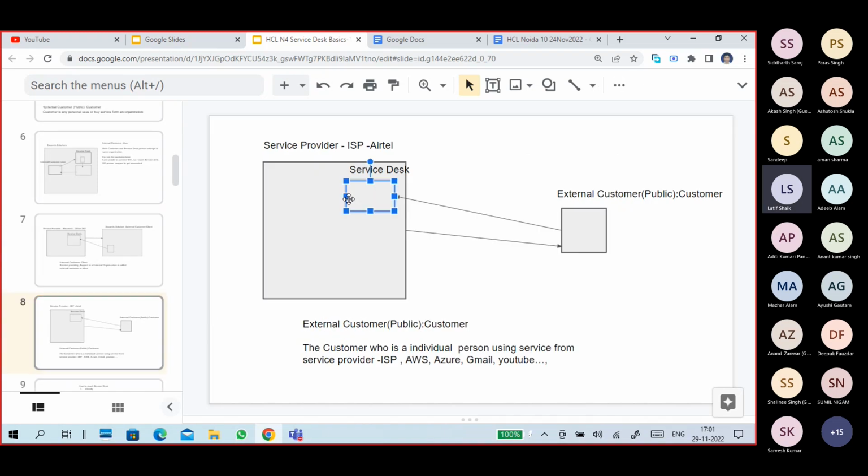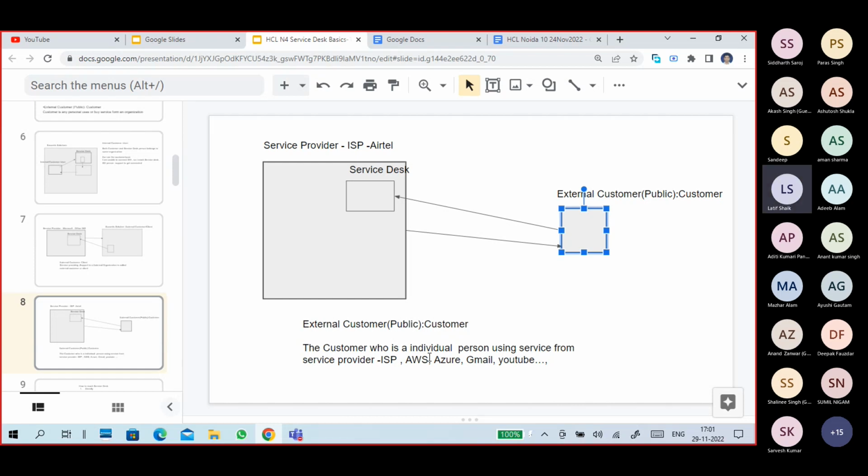Next one is a service provider and external customers. External customer means any person. I showed one internet service provider, right? If I'm an individual person using an internet service, of course I'm an external customer, a public customer.